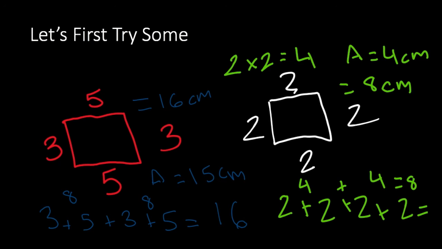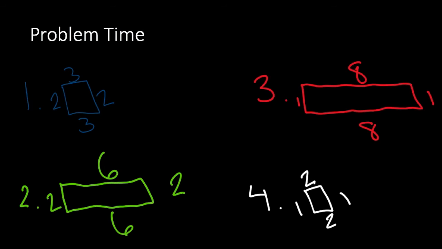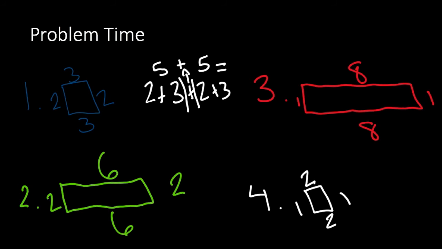Now, since we're done with this, let's do the next problem. So, time for the perimeter. So this is going to be 2 plus 3 plus 2 plus 3. Now, let's break this up into 2 different problems to solve this. So we'll do 2 plus 3 here, and then 2 plus 3 here. So 2 plus 3 equals 5, and then we're adding 2 plus 3 again here, so 5 plus 5 equals 10. So our answer, the perimeter for this, is equal to 10